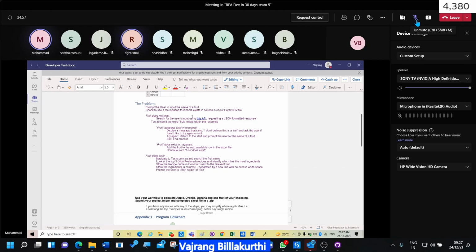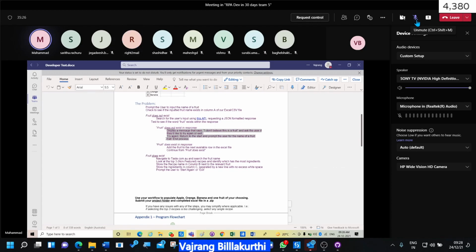Through that JSON object, whenever the user gives the input, it will check for the word fruit. Through the JSON response, if the fruit is not available, it will prompt a message stating that whatever you have entered is not a fruit, and it will ask the user to try with another fruit. Okay, up to here fine.